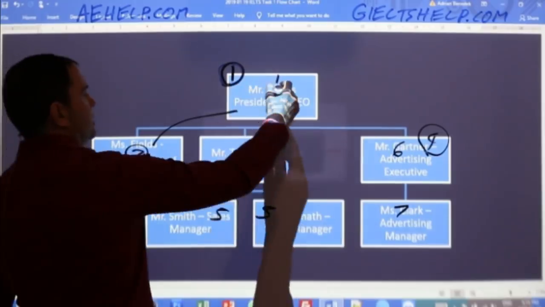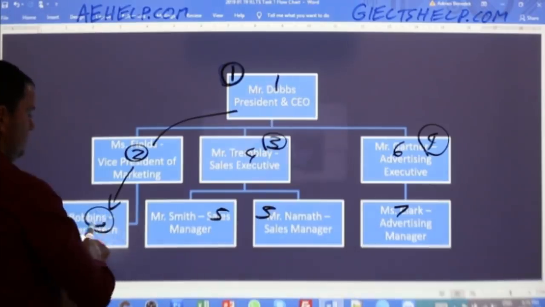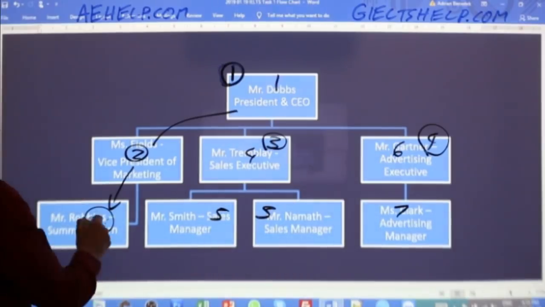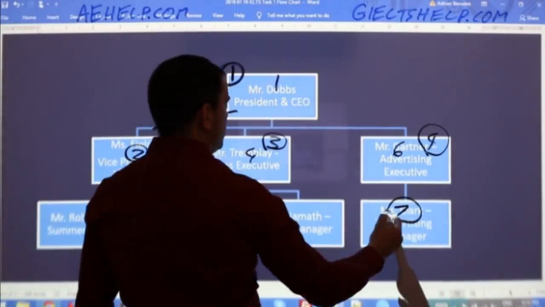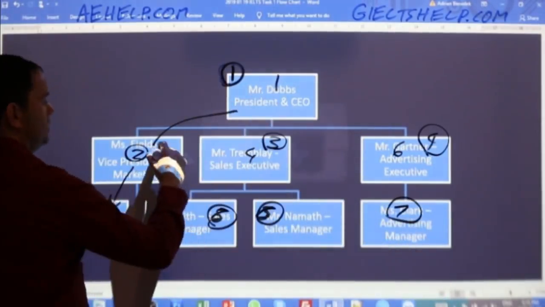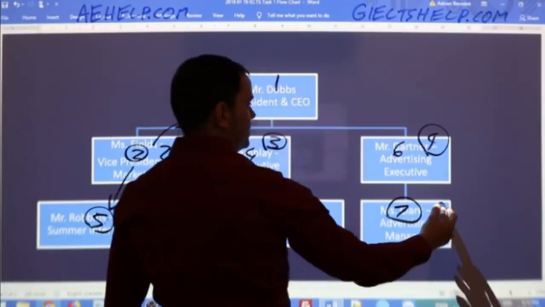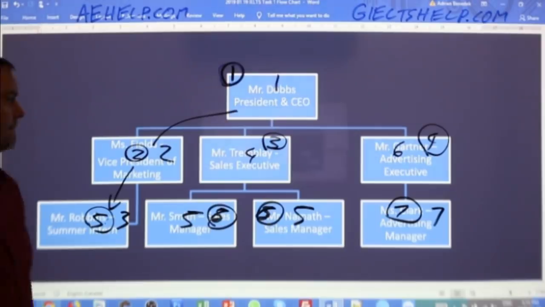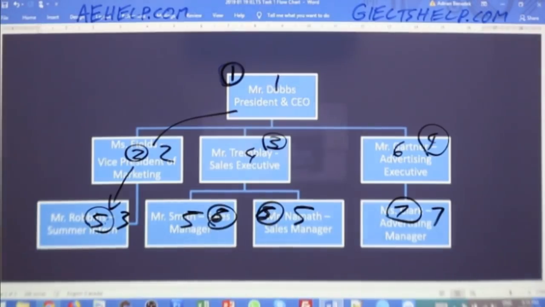So I'll show you the different options. One with a circle, one without. So 1, 2, 3, 4, 5, 6, 7. So I could do it like that, or I could go 1, 2, 3, 4, 5, 6, 7. So those are different ways that I could do it. Okay. Depends on how you write. Anyway, definitely starting from the top here.